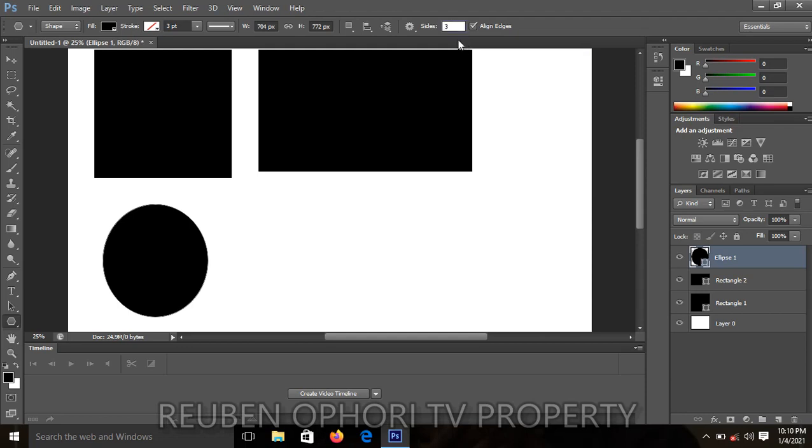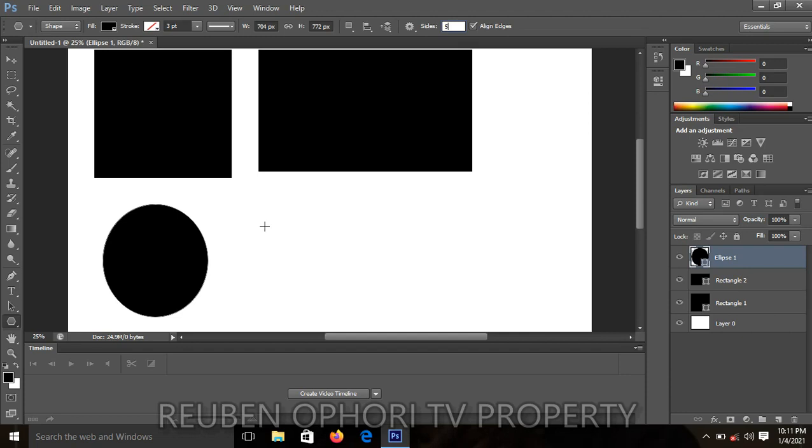When you come to the option menu, you click and then you key in the number of sides you want. I'll input 5 there. Then I'll come to the paper as we did for the square, the rectangle and